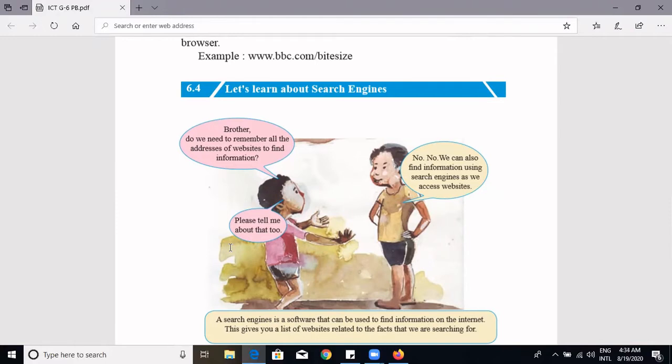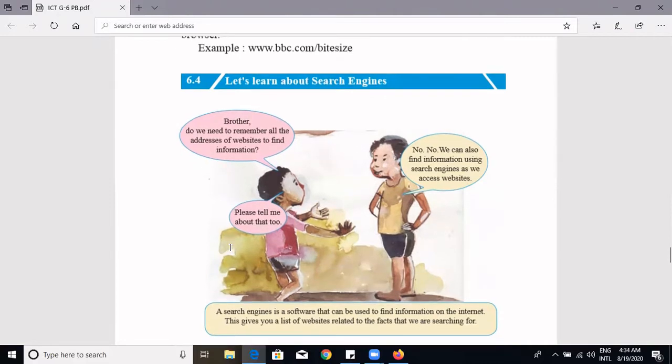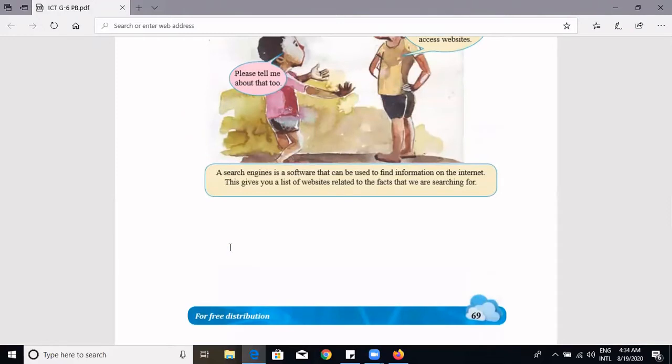So to avoid that problem, we have a new thing like search engines, right? With the use of search engines, you can find information on the internet. Basically, a search engine is software used to find information on the internet. When you search something, it will give a list of websites and links for your search